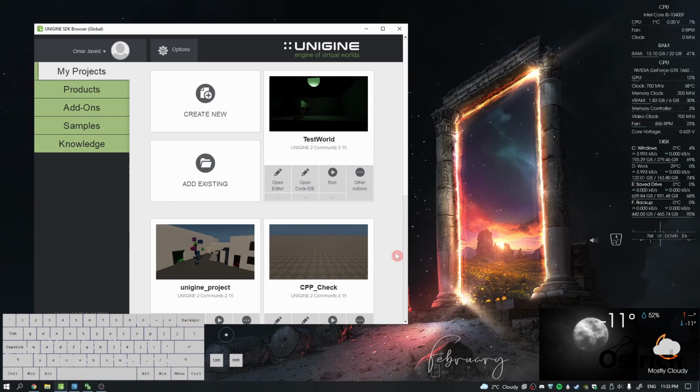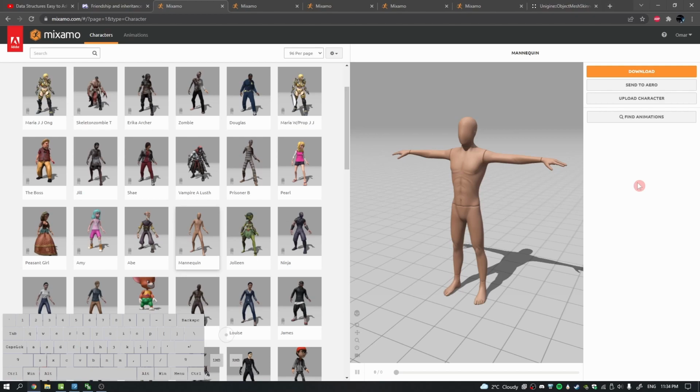Alright, welcome back. Today we're gonna do a little something simple, and that's gonna be animations. We're gonna start off with actually getting a complex object, in our case like a human skeleton, and then just adding animations into Unigine and using them with code. So without further ado, let's go to a free website, Mixamo, which gives us a lot of free